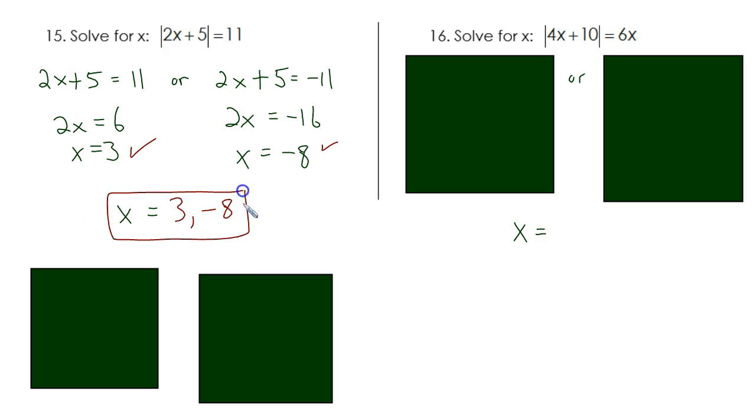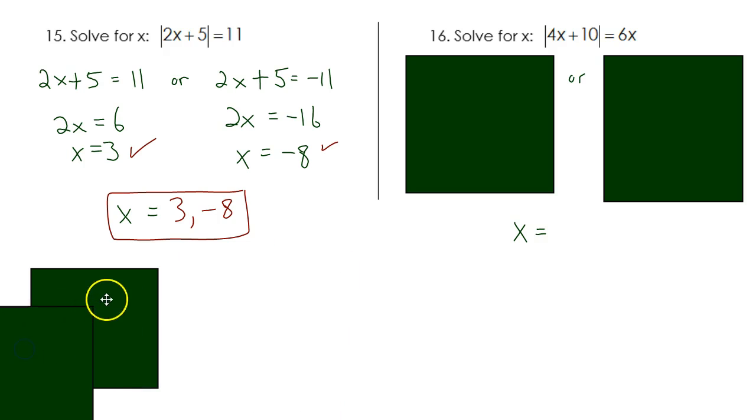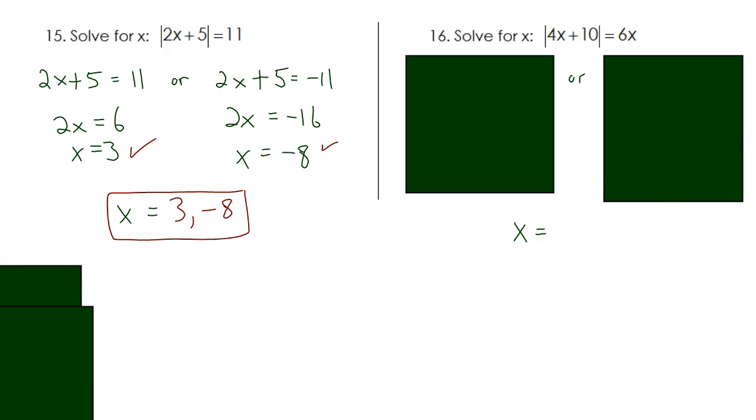Most of the time, I think that you are going to have two solutions. There are cases where you have one or zero solutions. Before I get to number 16, I want to give you an example of when you would not have a solution algebraically. So for example, if I had the absolute value of x minus 5 equals negative 6,